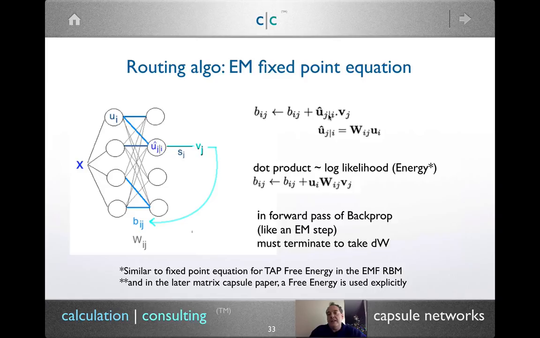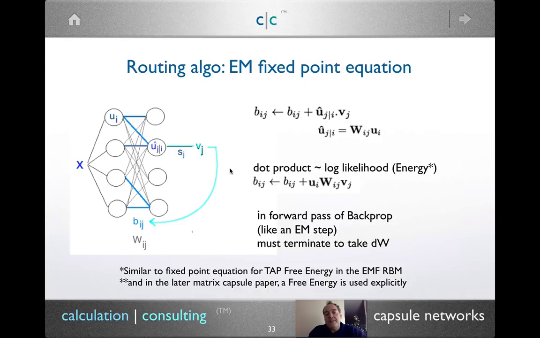If we look at the B here, and I just replaced the W into the U, it kind of looks like B plus some energy term. So it kind of looks like a log likelihood. And what happens is we're going to expand this 3 times. We're going to run it 3 times. So instead of running EM to some stopping point, we're just going to run it 3 times. And in fact,